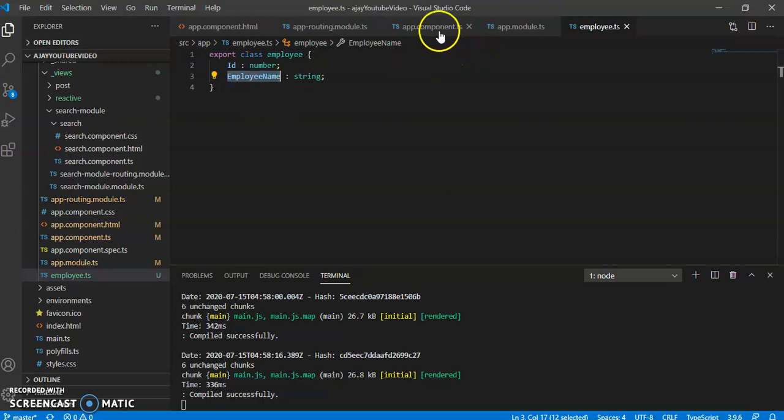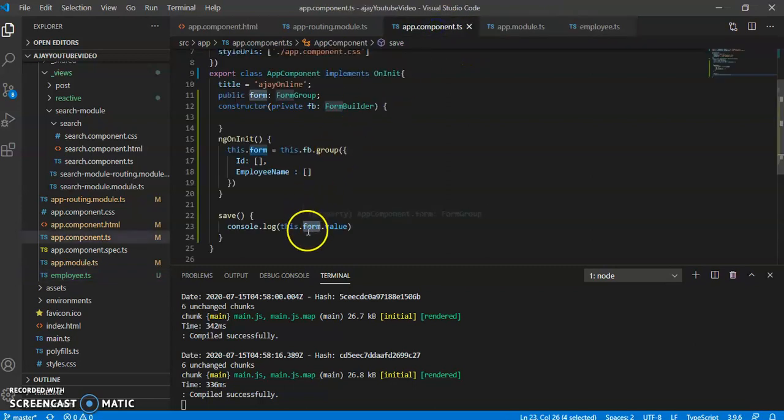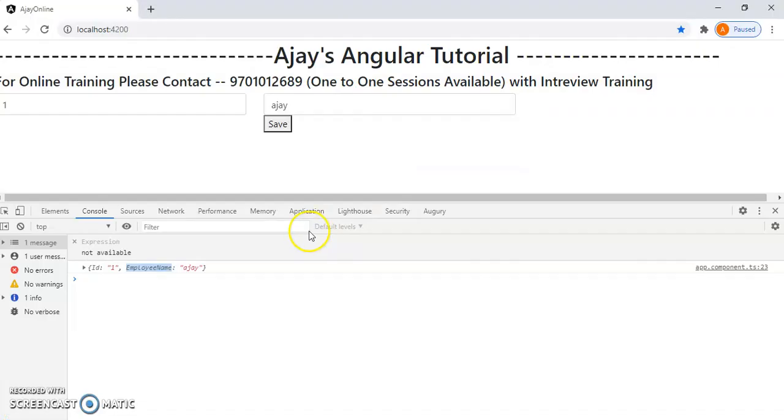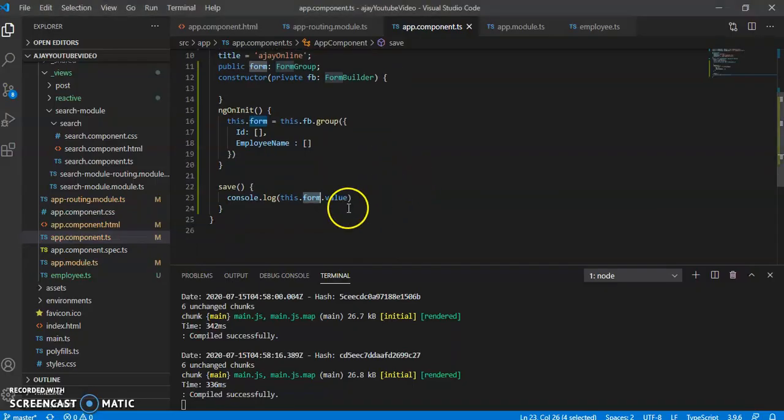Suppose this object is the one we have to send to the backend. So, in standard JavaScript and jQuery, we have to pick the ID of a text box, the ID of a form control, and we have to manually assign to this.